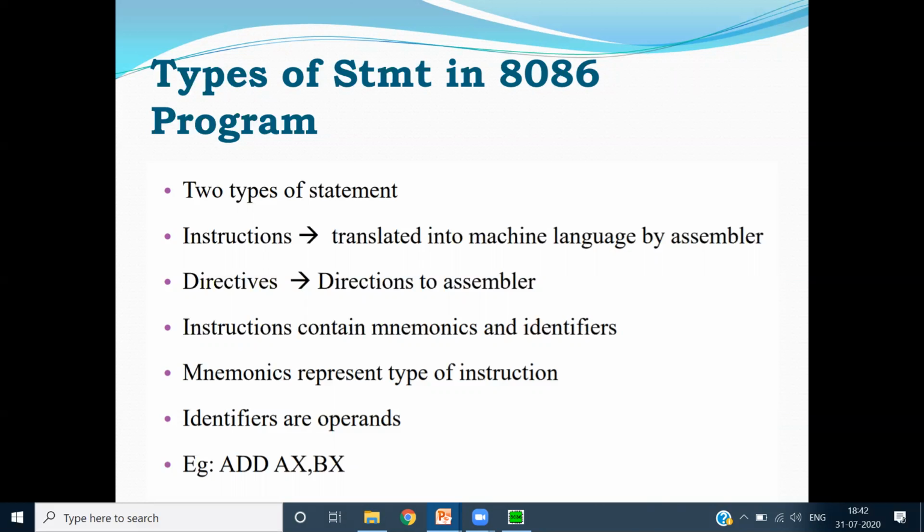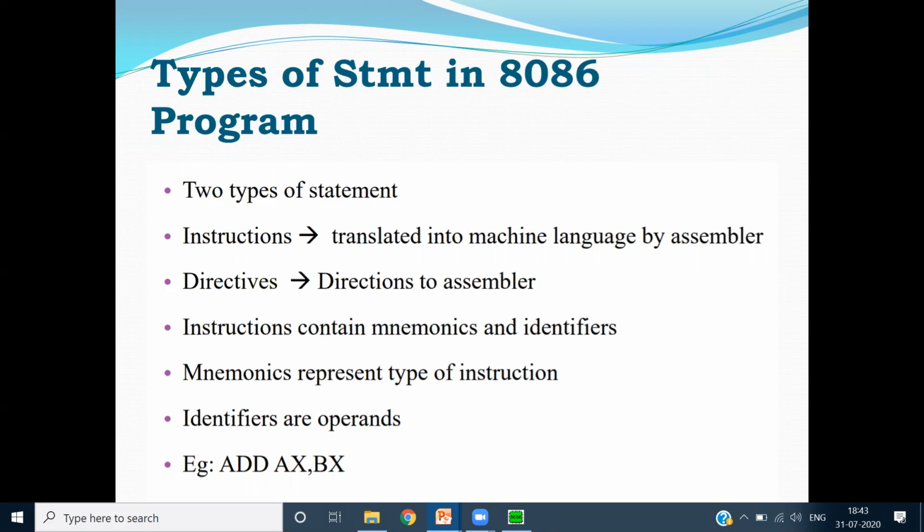Now whatever instructions are there contain an opcode and operand, which are also called mnemonic and identifier. Mnemonic is a type of instruction which tells the processor what work it needs to do. Identifiers are also called operands, which are data.